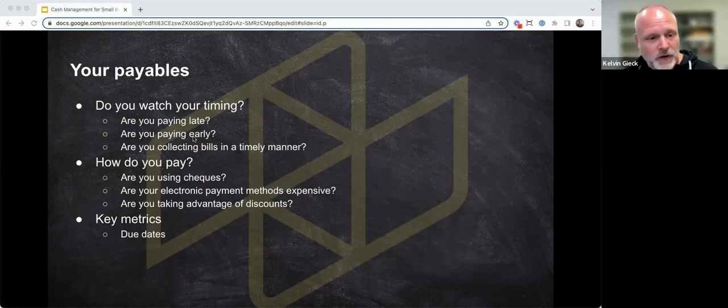So key metrics for accounts payable: due dates. We kind of spoke to it pretty ad nauseum here, which is if you're paying close attention to your due dates, you're going to know if you're paying too fast or too slow, and then it will help you avoid additional carrying costs, interest charges, penalties, late fees. It'll help you save all of that money if you're monitoring it properly. And again, this is a prime example of things you can't necessarily track easily using profit and income statements, because you just simply don't have those same optics.